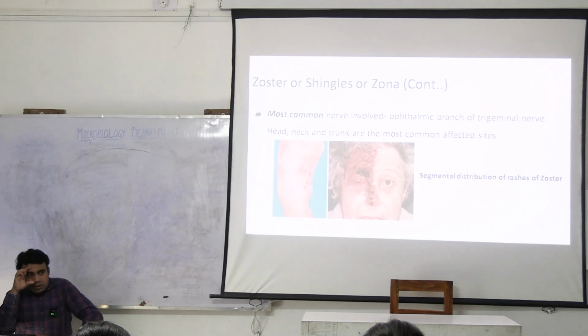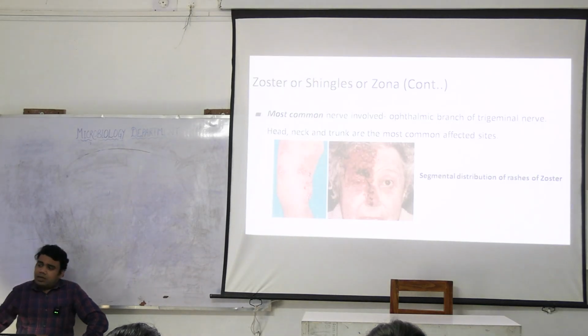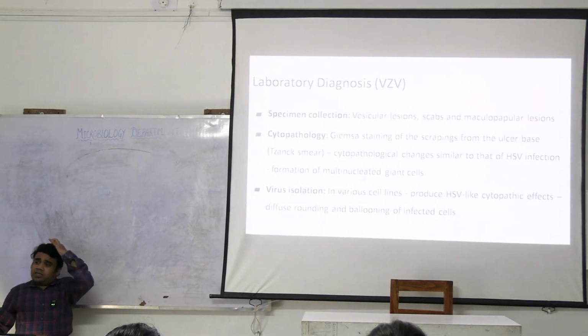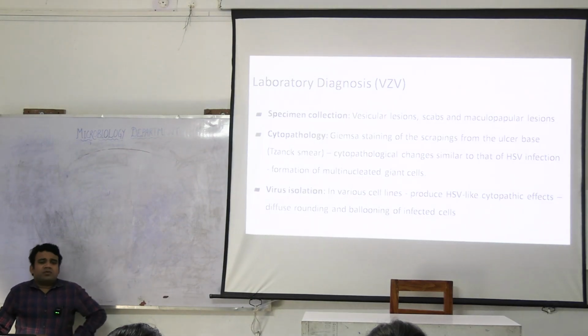So the nerve. Now, if the virus remains latent in this ganglion, this part may be affected, including the eyes, and only in this area, this dermatome. A part of the trigeminal nerve ganglion can also be affected. Similarly, segmental distribution can be seen, and again when it comes to diagnosis, most of the time it is diagnosed